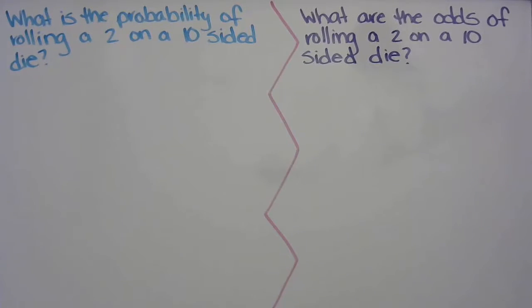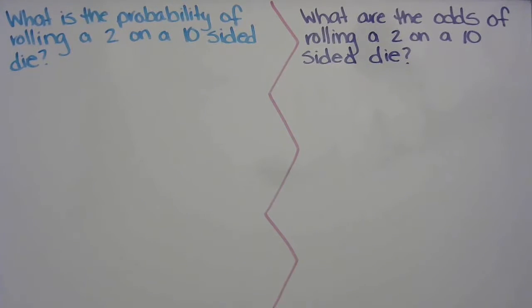Okay, let's get started on an example. What is the probability of rolling a 2 on a 10-sided die? For clarity's purpose, yes, there is a 10-sided die. There is also a 4, 6, 8, 12, or 20-sided, just in case you're curious. So what is the probability of rolling a 2